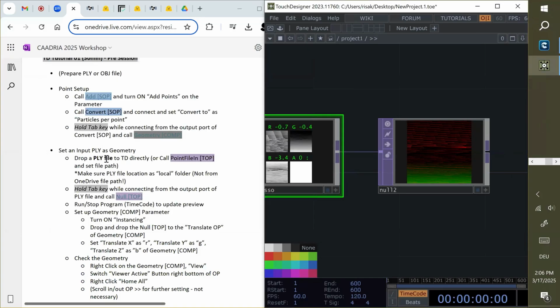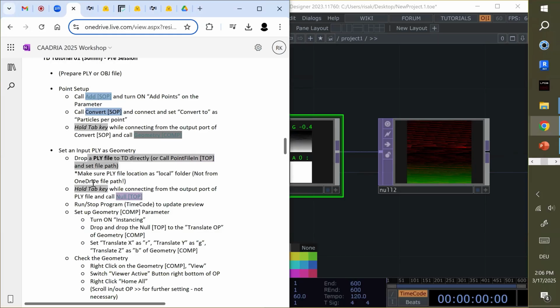Okay, so we drop the PLY file and we put this New right now and run and stop the program.